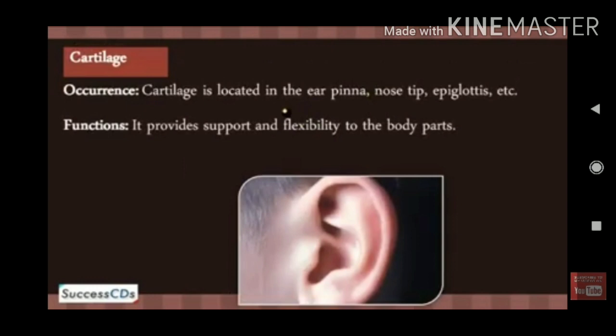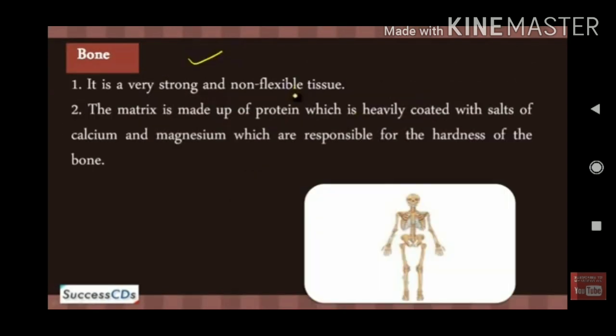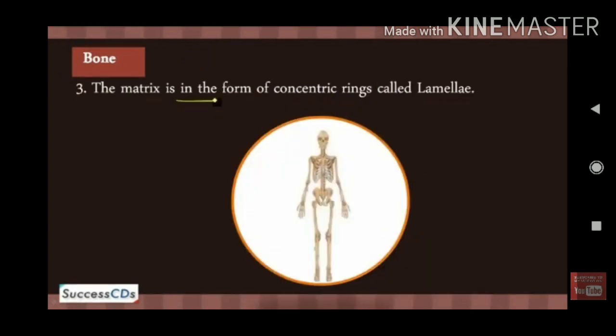So next we will see the bone. The bone tissue is a very hard tissue. It is very strong and gives support to our body. The bone cells are called osteocytes. The bone consists of calcium salts and collagen fibers. This makes the bones still more strong. These bones are very hard and give the framework and support to our body.